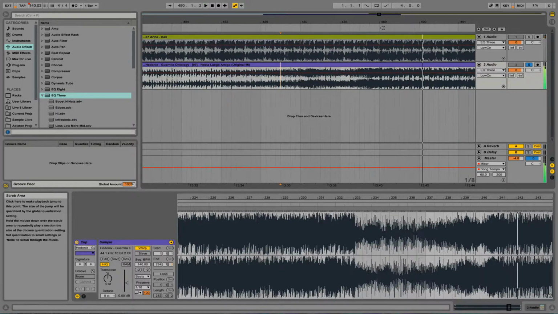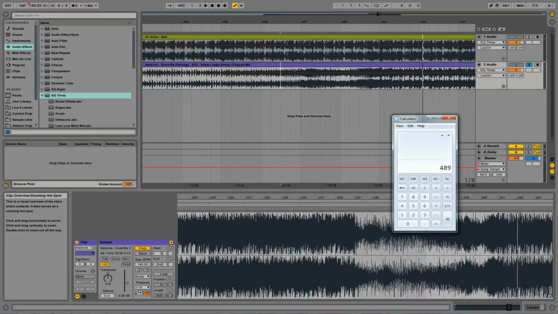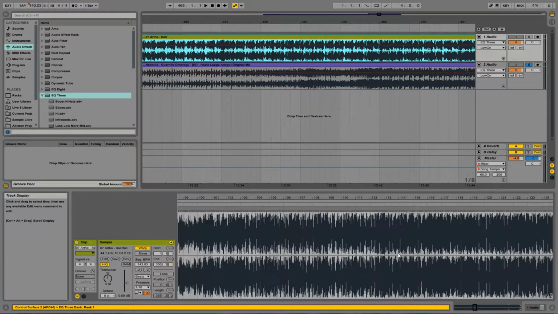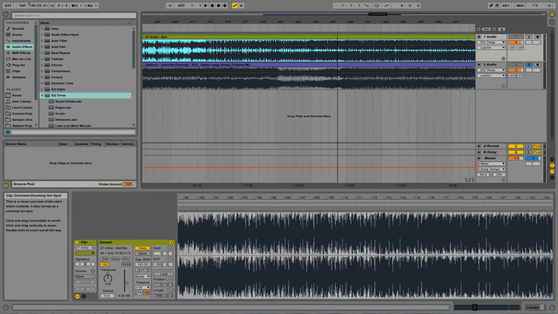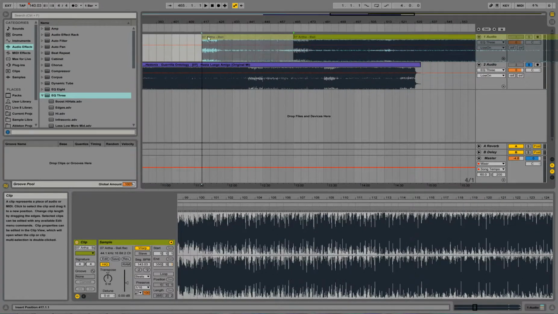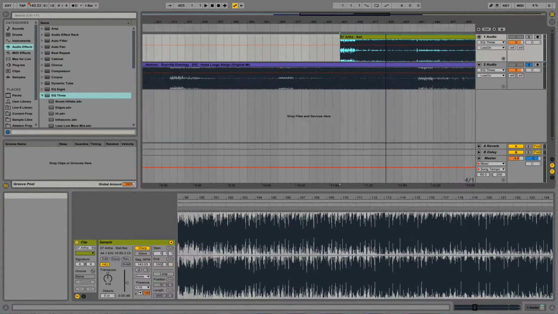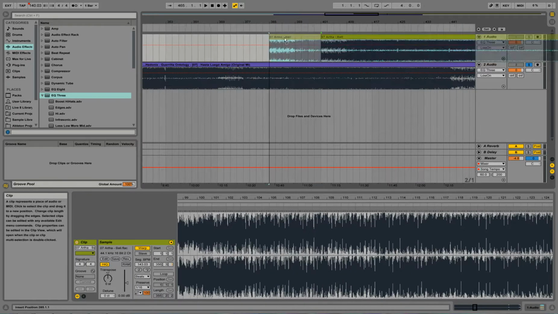But it's 489 at this point in the arrangement view. So 489 minus, what was that? Is it? Yeah, 112 equals 377. So if we move this to 377,